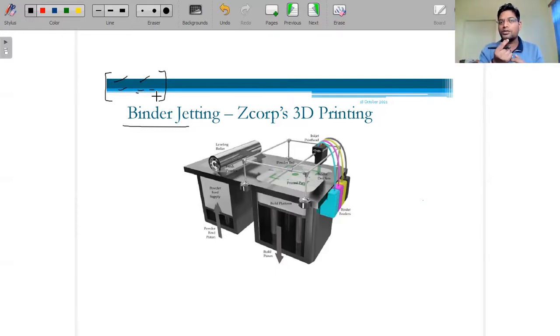It's not that we use just a single color. There are multiple colors, like red, blue, green, black. When we deposit, the material coming out will be exactly what we want, a combination of the colors.